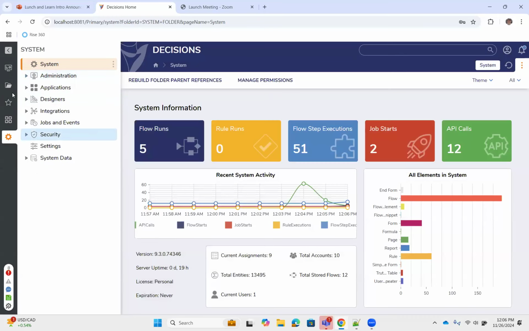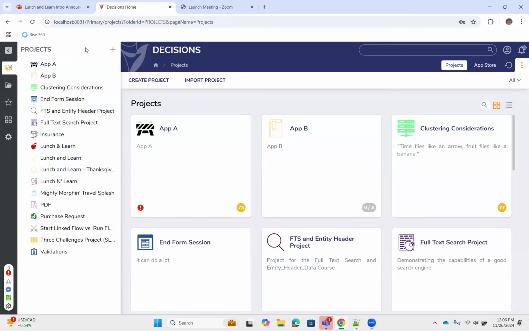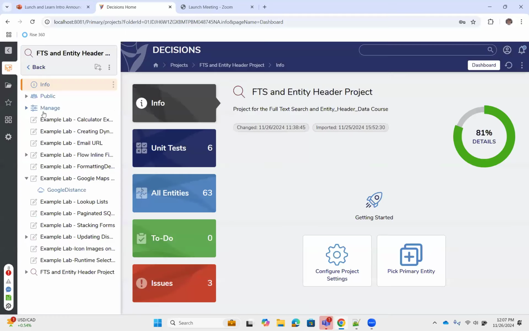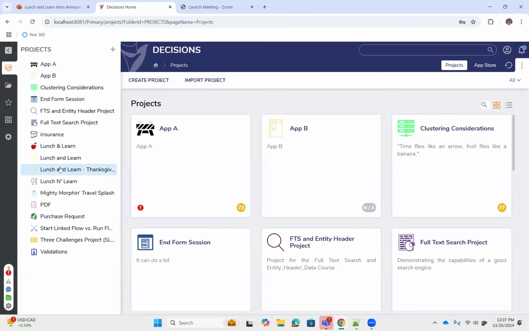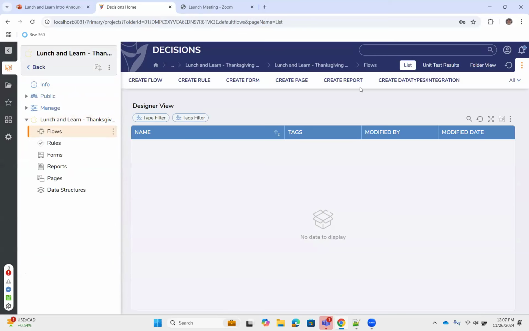You have different accounts with different permissions. Maybe that's getting a little too much into the weeds. The idea is that every single thing that you build is categorized into these projects that do not know what's going on in the other projects unless you manually declare that dependency. Within these projects, I can then proceed to create these flows that can connect with maybe an API call, or perhaps I have